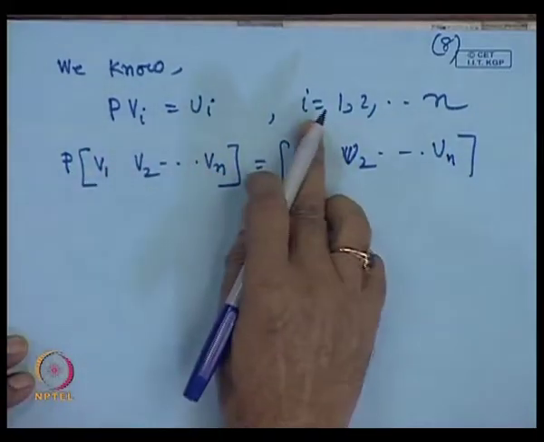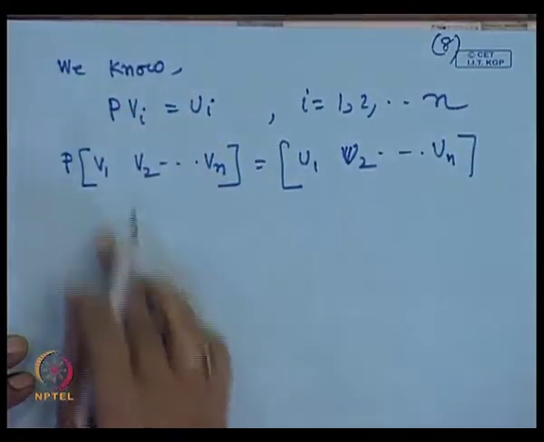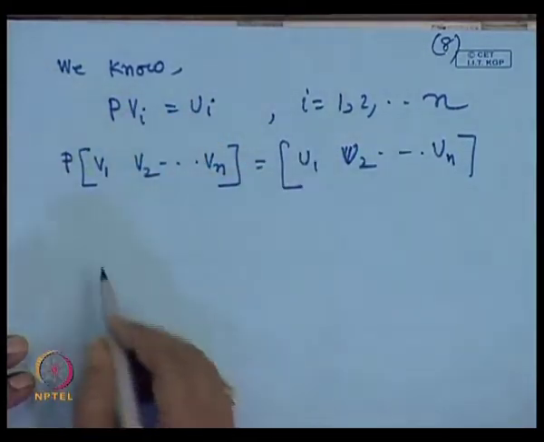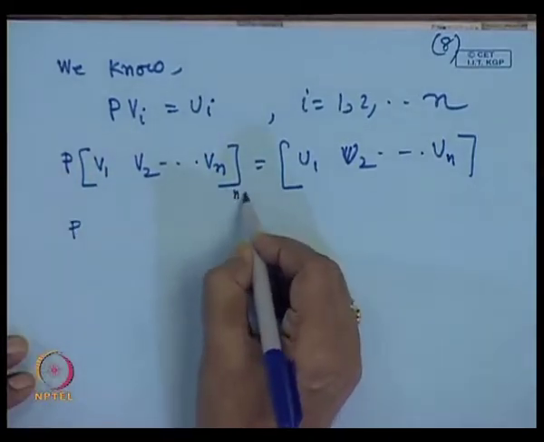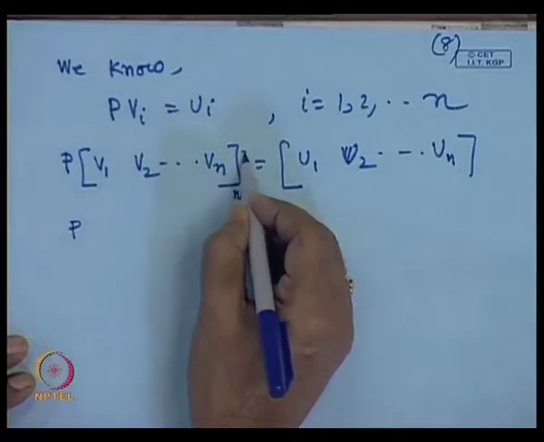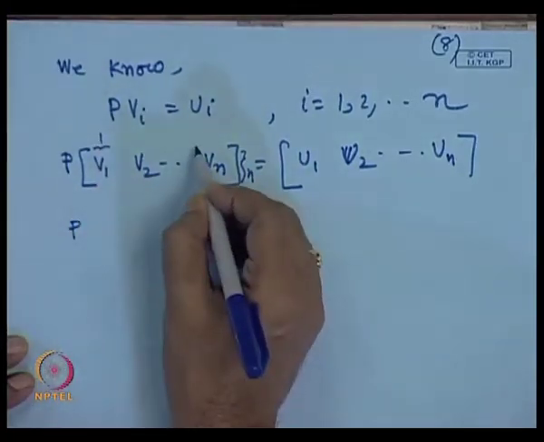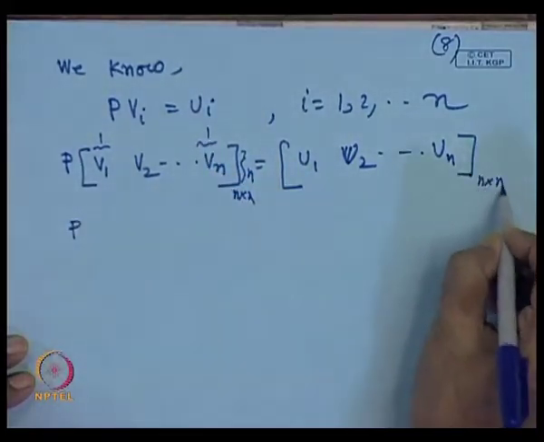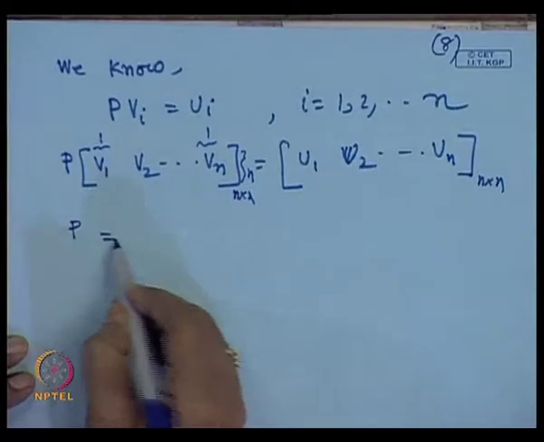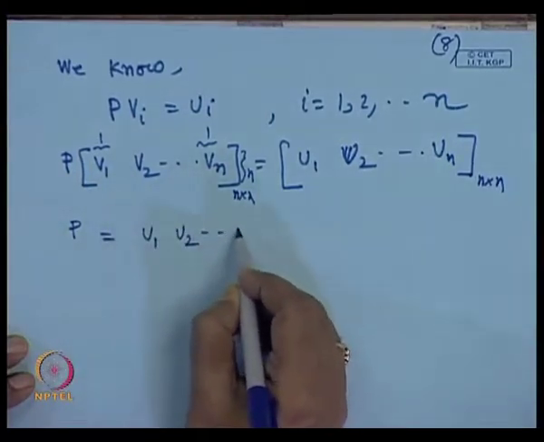Augmenting for i equal to 1 to n, these vectors are augmented this way. So this matrix has dimension n cross n, because there are n rows and one column each. So this is also n cross n. Therefore, P is equal to U1 U2 ... Un